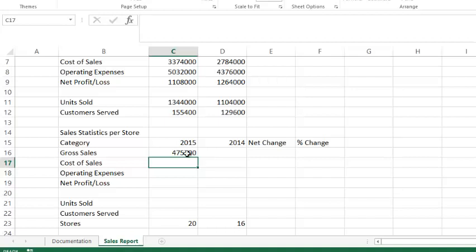I want to do the same with cost of sales. So I'll hit equals, click on the total cost of sales, and divide it by the number of stores, and hit enter. I'll do the same with operating expense, divided by stores, enter, and net profit. Don't forget equals, click on C9 and divide it by the number of stores. Enter, and our average profit per